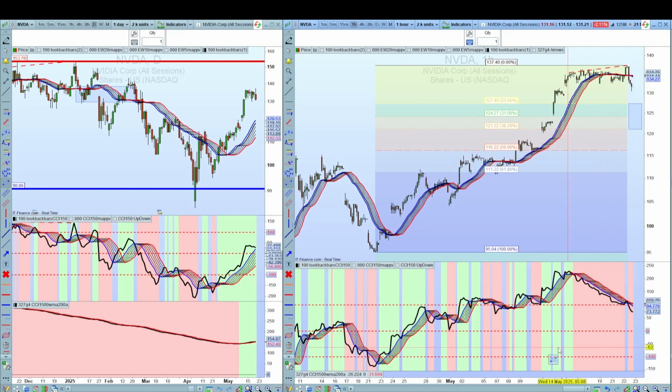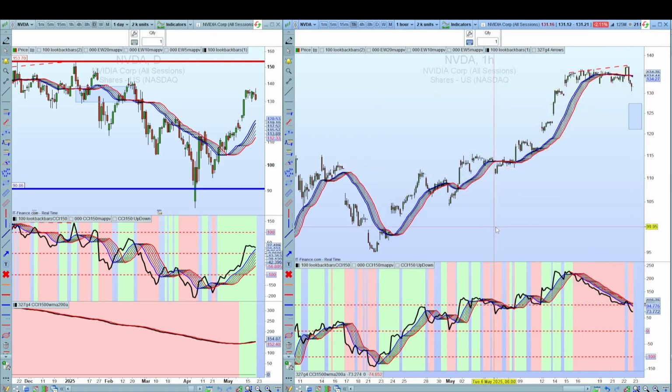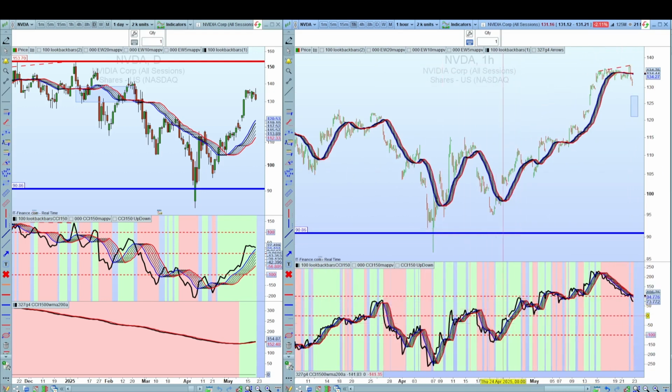So I'd like to see this. Normally you want to see the CCI 150 moving in line with the price, and that's what it was doing back here until at this point when it showed a bearish divergence. Let me just go back and see if there's any other divergence we noted. So you can see there that CCI is moving in line with the price, so there was no divergence